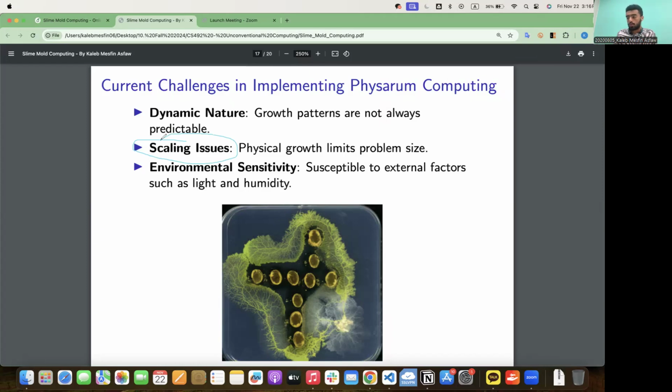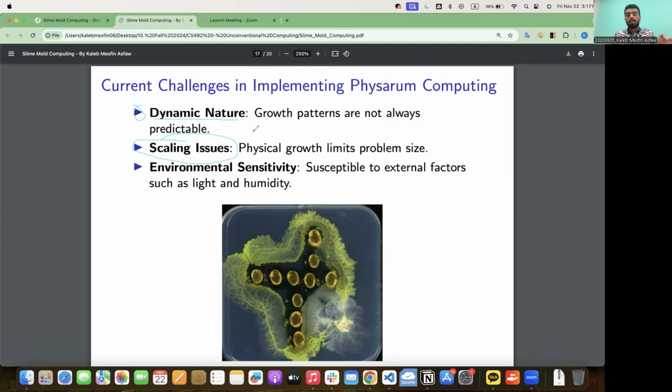It's very challenging to apply because physically, we cannot just put Physarum in arbitrary sites that we want and solve the entire problem. So scalability is very challenging, and so is its dynamic nature. This may not always be harmful, because we actually picked the dynamic nature as a benefit of slime mold, because it allows it to adapt to new solutions as the environment changes. But this also comes with a side effect,